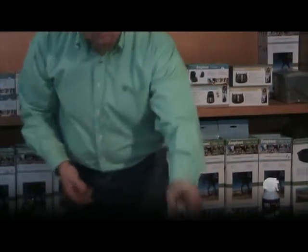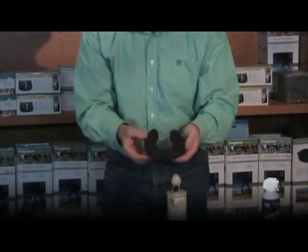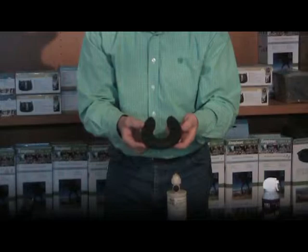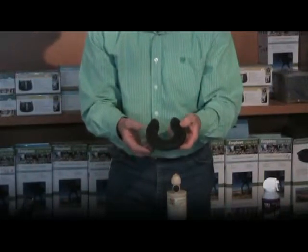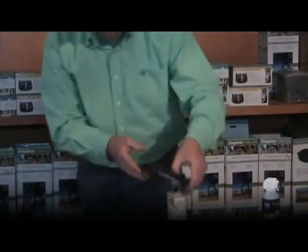And then this is the Sport. The Sport is very similar to the Performance, it just doesn't have the frog support. These come in half sizes, whereas the Performances come in single sizes, 0, 1, 2, 3. And for putting these things on,